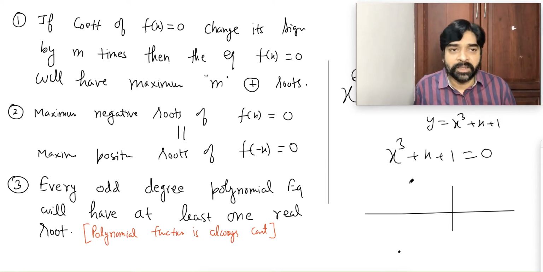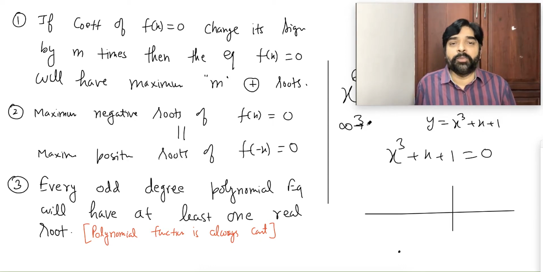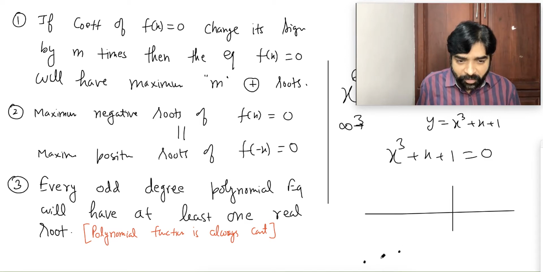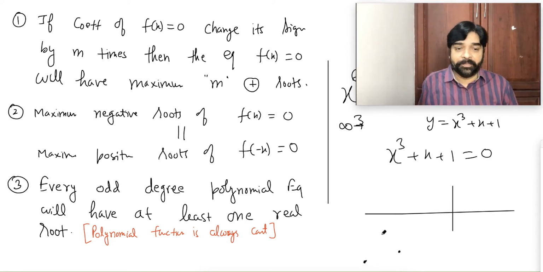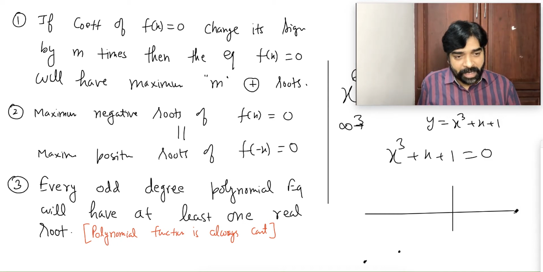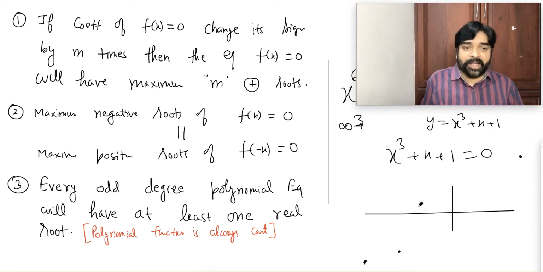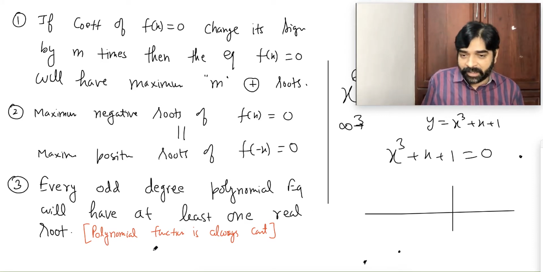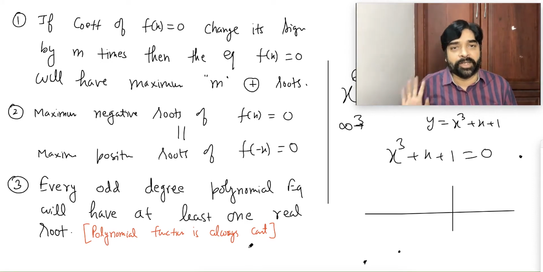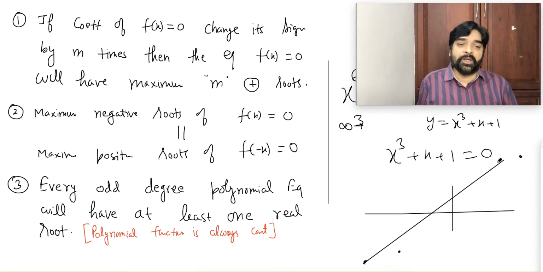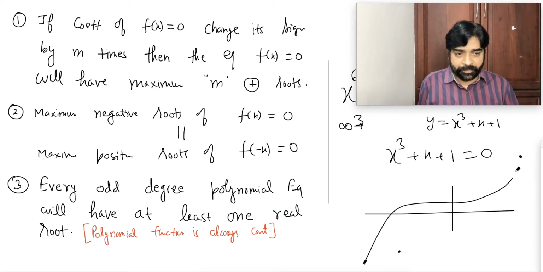Did you understand? Infinity, as I told you, is a very large number. So infinity power cube will again be infinity. So this will be minus infinity here, somewhere downside, at minus infinity. At infinity, it will be here. It means the graph starts from minus infinity and goes to plus infinity, and this red line is saying a polynomial function is always continuous. So the graph will surely go like this and reach this point. A straight line will not be there, don't worry.